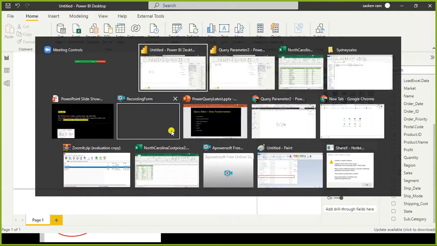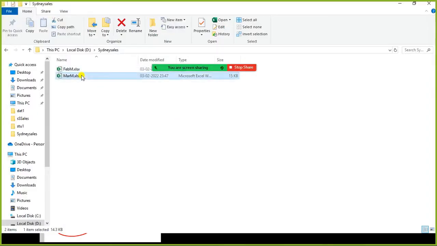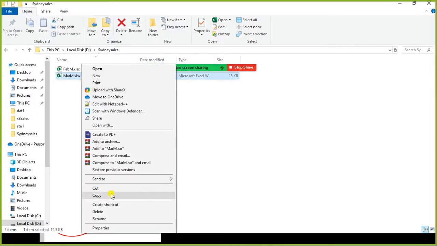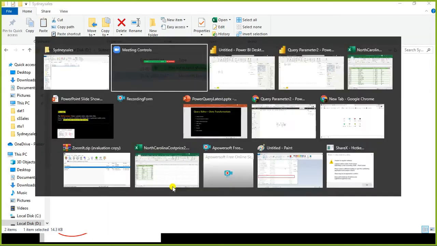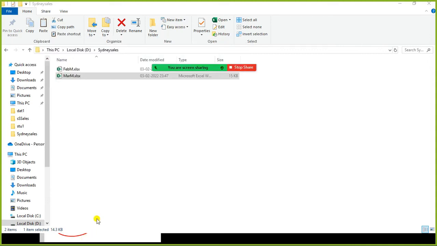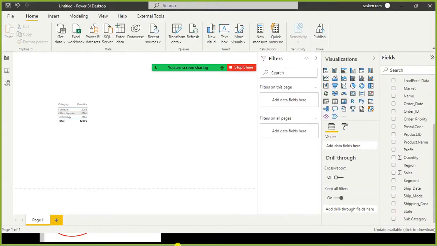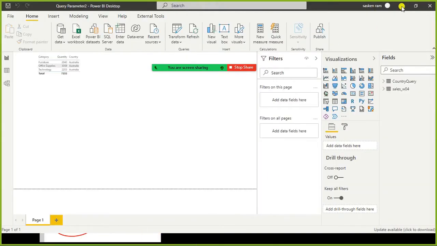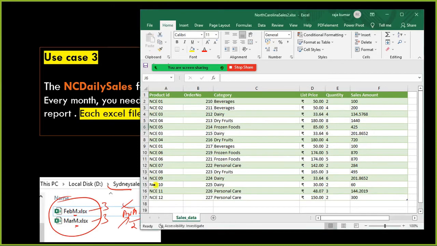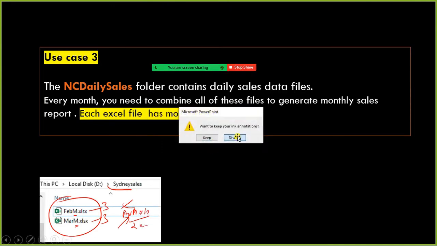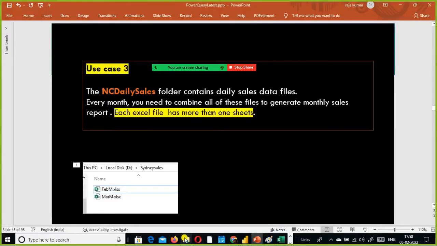I just remove the March month from my folder. This is another way of checking whether there is any significant decrease in the quantity. You don't see my, okay, it is here, right?